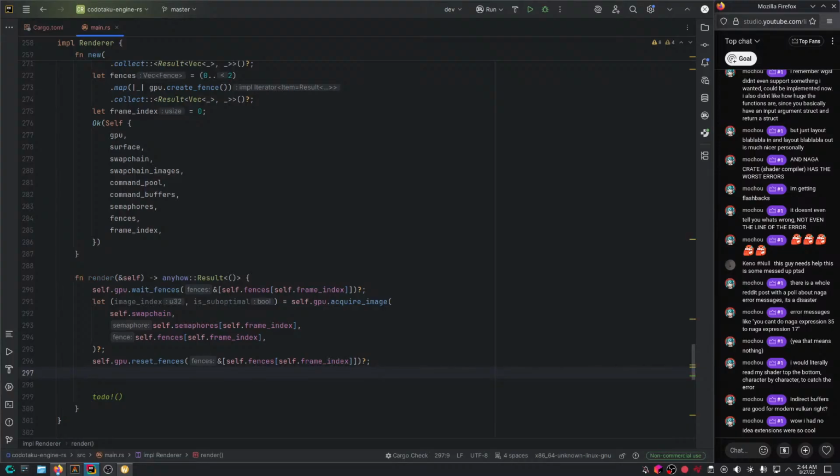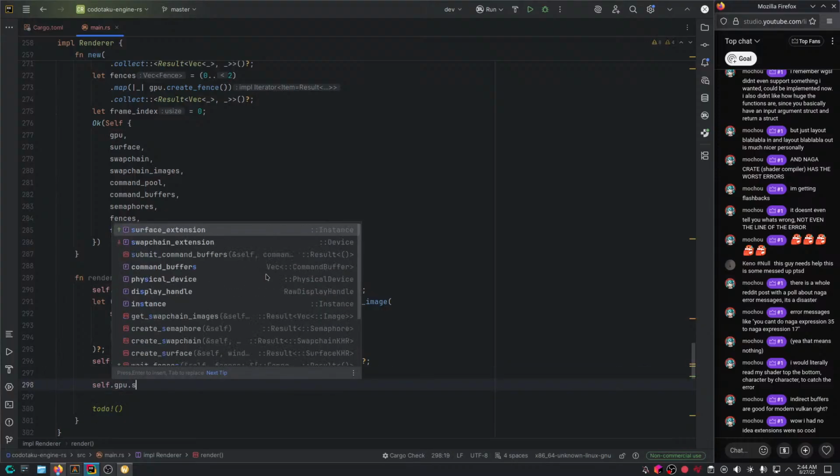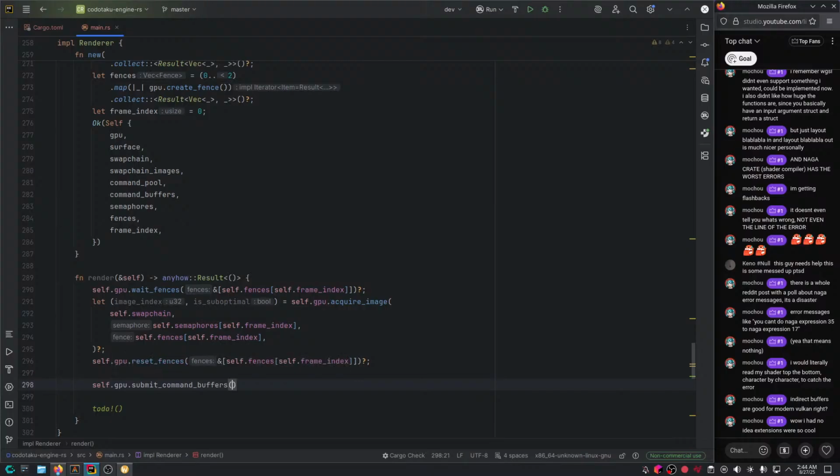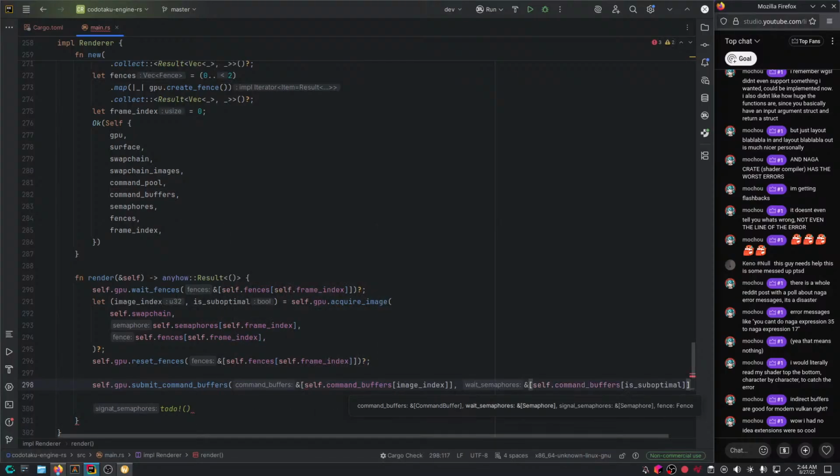And then what are we gonna do? We're gonna start recording to the command buffer. Oh boy. Well, that's gonna be interesting. And after that, what we're gonna do is self.gpu, basically you gotta submit the command buffers. So self.command_buffers[image_index].